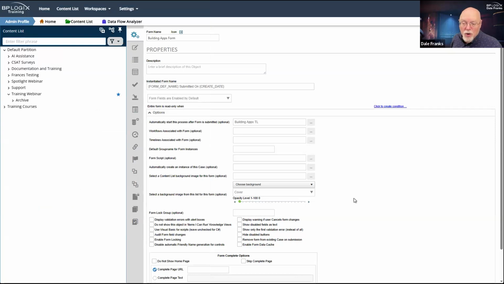Now, that is great, but that just automatically starts this process after a form is submitted. That is literally all this property does. Basically, it says that when I hit the submit button on my form, I want you to kick off an instance of the building apps timeline. It doesn't do anything else.